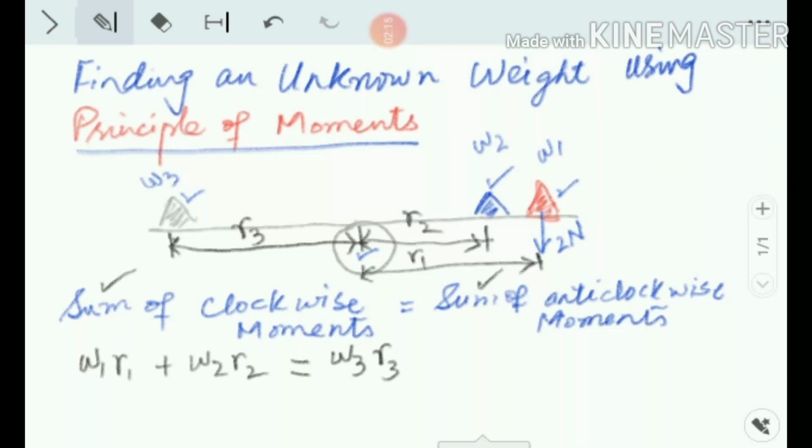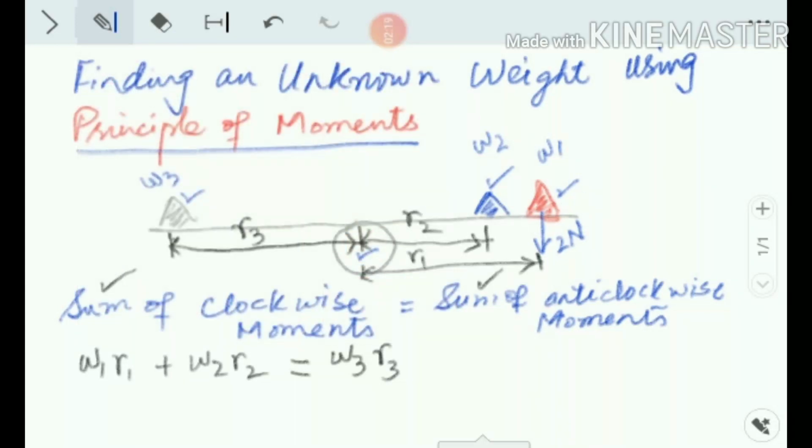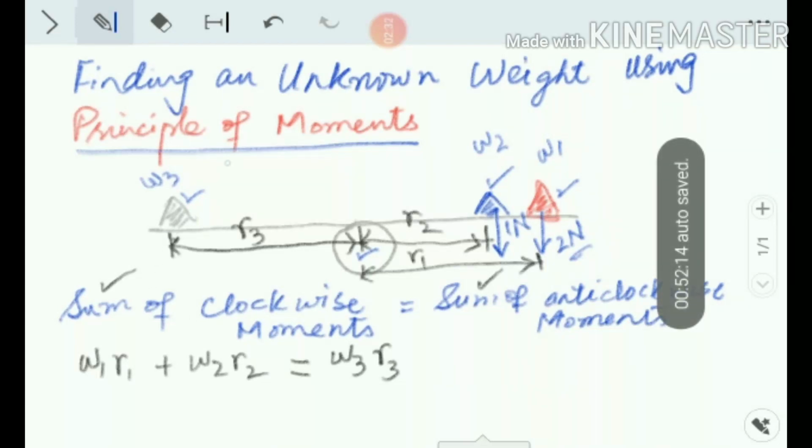Now I assume that the red car has a weight of 2 newtons. I assume that the blue car has a weight of 1 newton, and W3 is unknown. Then I consider that R1 is,